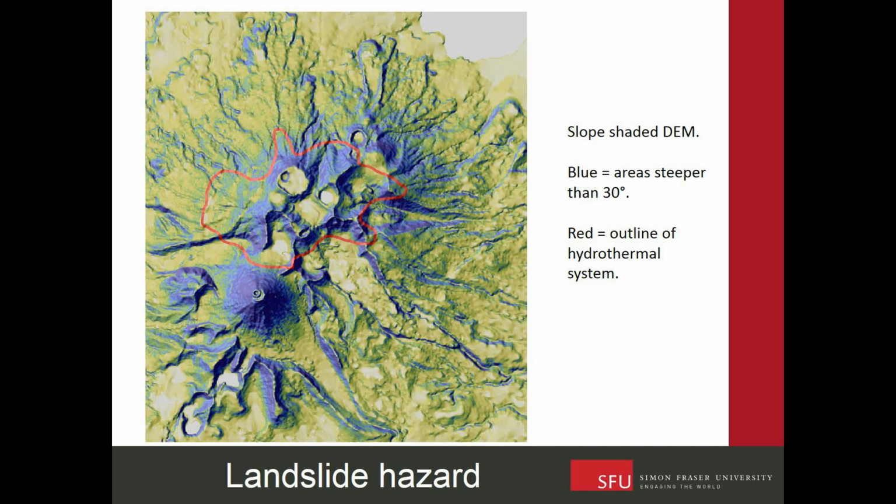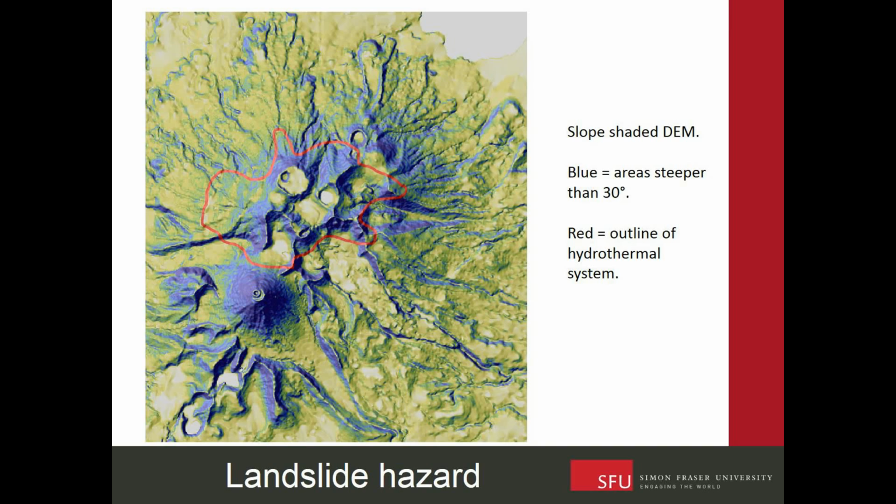So where this blue is inside this red is where we would infer that areas of landsliding are a hazard. And in fact, there's history of quite catastrophic landslides off here. Around 55,000 years ago, there was a big landslide from the northwest somewhere, and perhaps it took out this big chunk. If you drew the line from here to here, this could be the source region of that landslide, where all that material has slowed downhill.